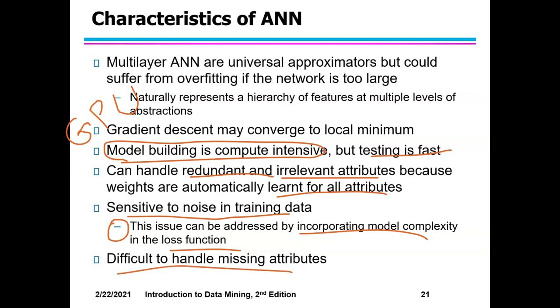Okay, it is difficult to handle missing attributes. If the attributes are missing, if some variables are missing, then